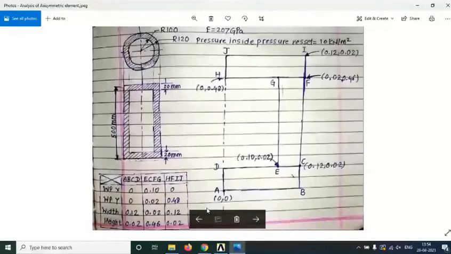Welcome all the viewers. In today's session, we will be seeing analysis of axisymmetric objects. As you can see on the screen, there is one pressure vessel which is symmetric about the axis. So we'll solve this problem using